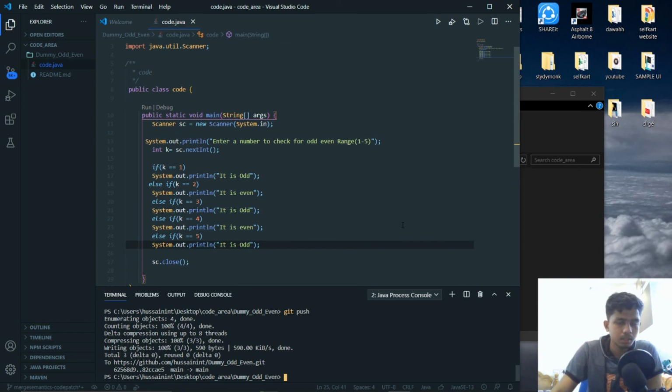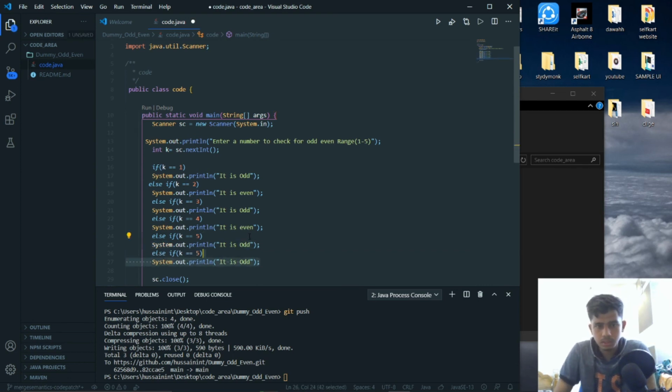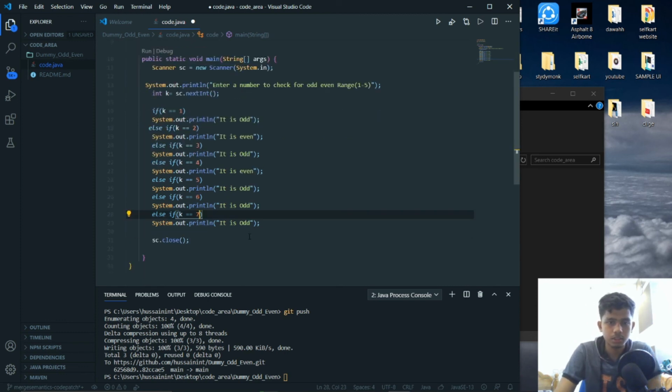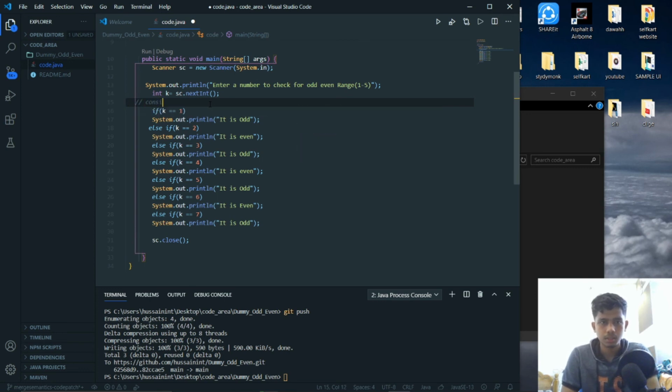Now we will just make a modification in the same file. You could even add new files or folders. So we'll just make changes in this. We will give extra conditions, it's even, and let's give some comments also. Condition starts here. So we'll save this, and we'll use the same command, git status first, to check what has been modified.